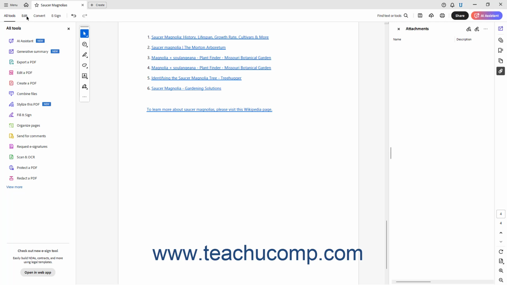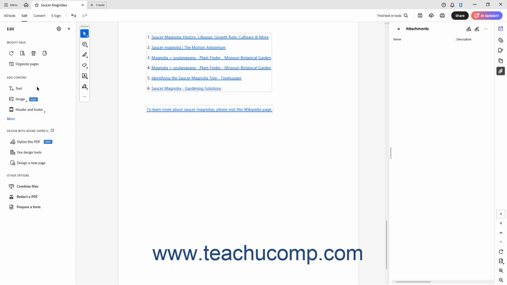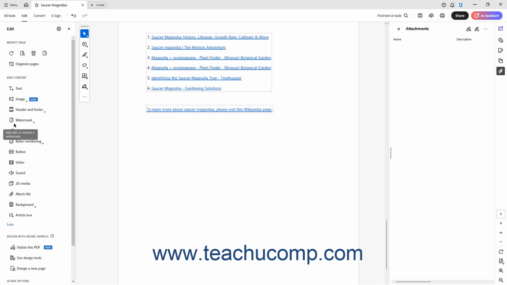panel, or click the Edit link in the top bar to show the Edit panel at the left side of the screen. If needed to expand the list and show all the content choices, click the More link under the Add Content section in the Edit panel. Then, click the Link button in the Edit panel and select the Add or Edit a Link command from its